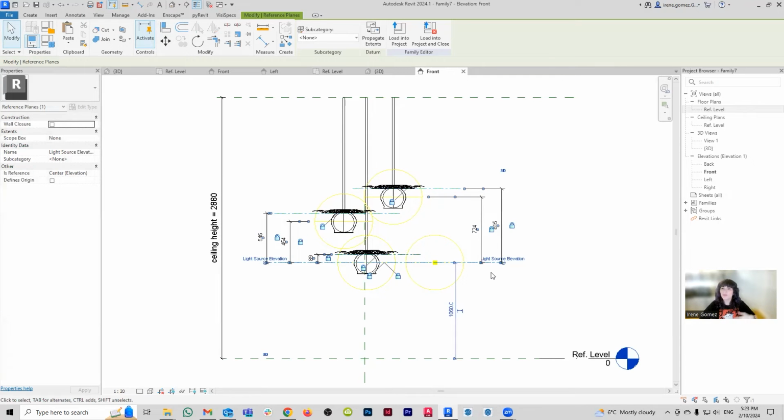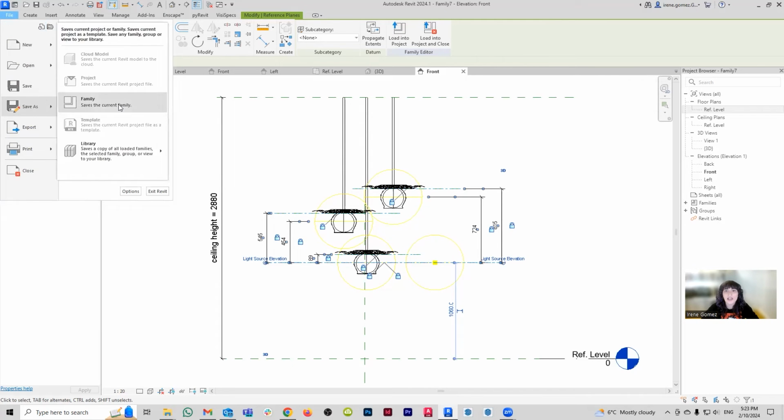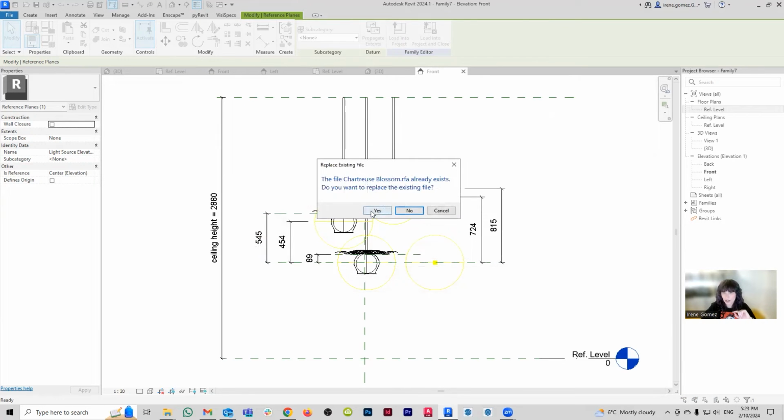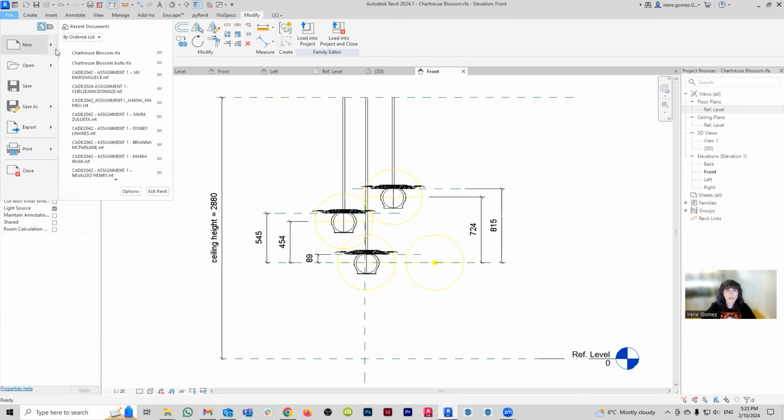So number one, I'm going to bring this lighting fixture into a project so you can see how it behaves. So to do that, I'm going to go to File and I'm going to Save As, and this is going to be my Chartreuse Bloom lighting fixture. Chartreuse Bloom, that's the bulb and this guy. So I'm going to overwrite that. I'm going to say yes, and I'm going to load it into my project. So I'm going to start a new project,